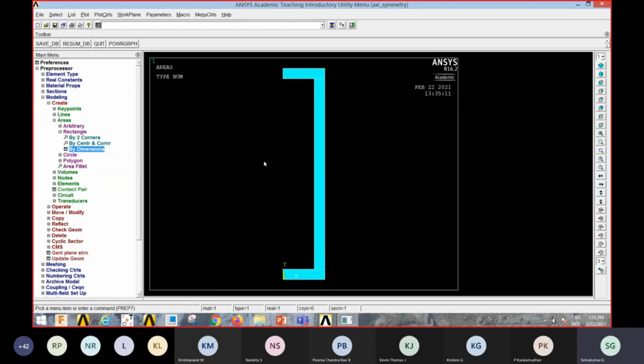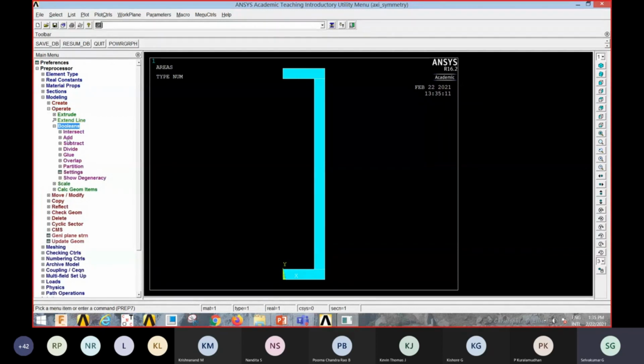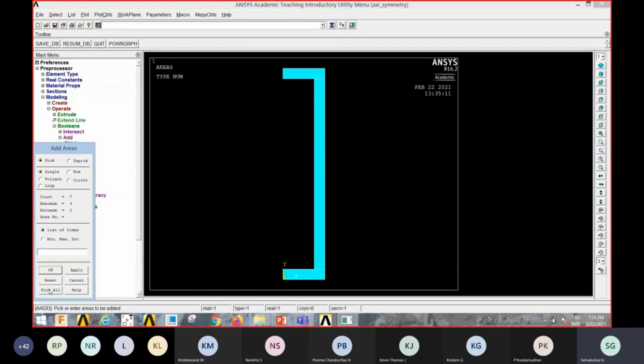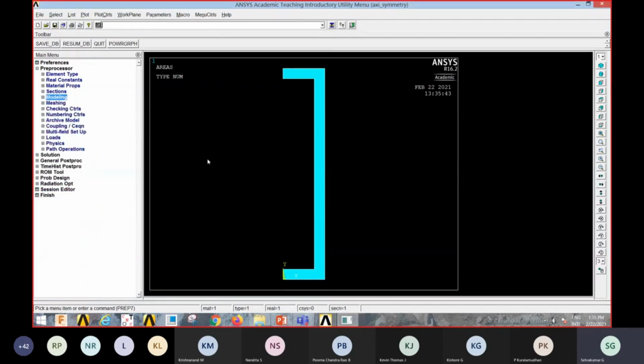By using Boolean operation, you have to make it as 1. Now choose operate, choose Boolean, add areas, click on areas, pick all, select everything, pick all, and it will become a single entity. It has been made as a single entity. Now the modeling part is over.